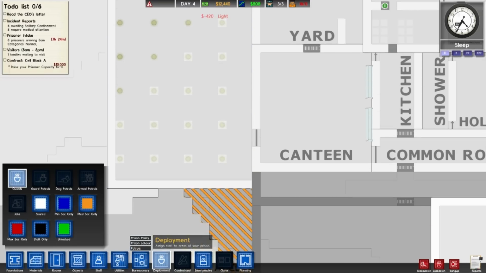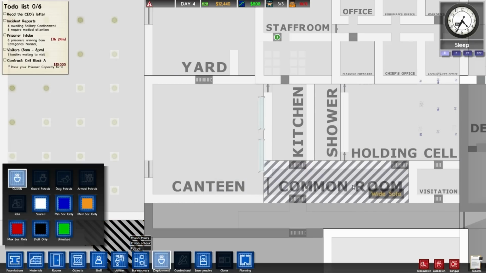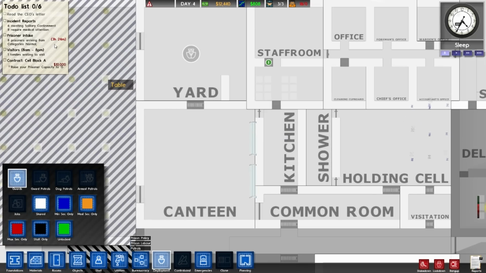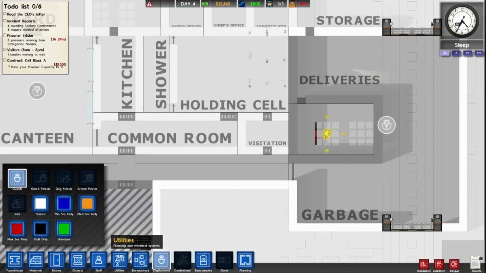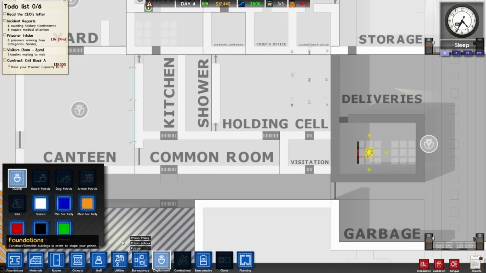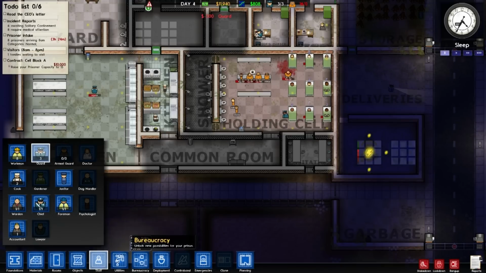Something's been researched. Yeah, we have deployment now. So, okay, I want a guard sitting in the holding cell. I want a guard here in the yard. I need one in the canteen. In fact, I really need 2 guards. Can't afford 2 guards. Not really. Yeah, we'll just go with the 1 right now. Okay. Staff. Give me a guard. Okay. And then...